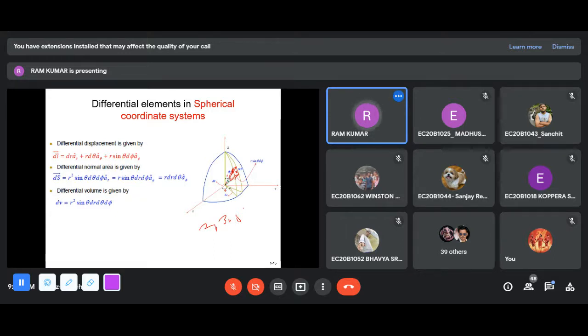Now consider a spherical coordinate system. Even in a cylindrical coordinate system, it cannot be represented exactly. Use the spherical coordinate system to solve this kind of problem. This is a volume element. So you can have the radius of the sphere, which means r, from the center point up to this point. That is actually r.